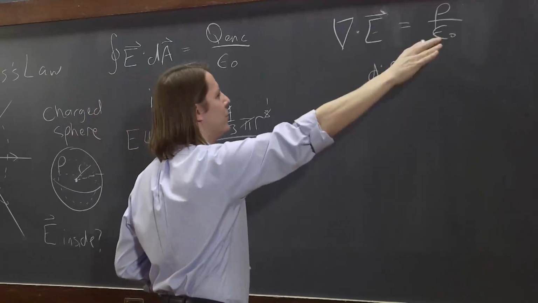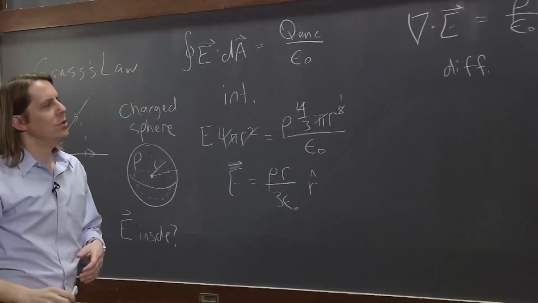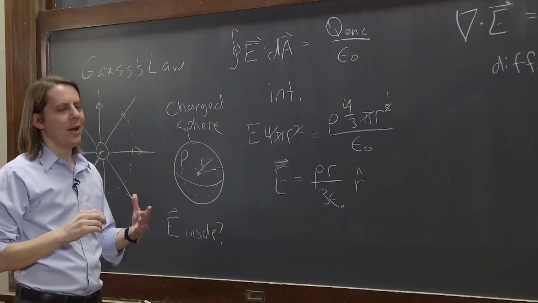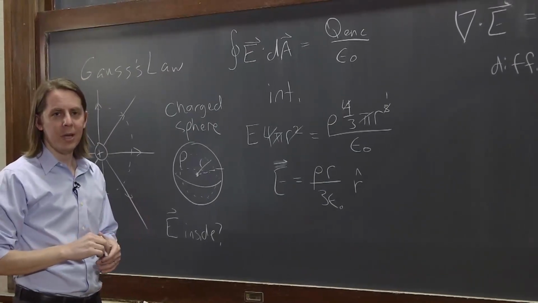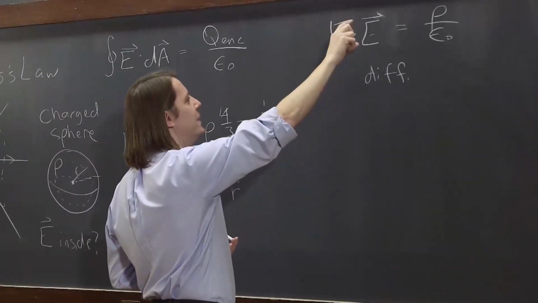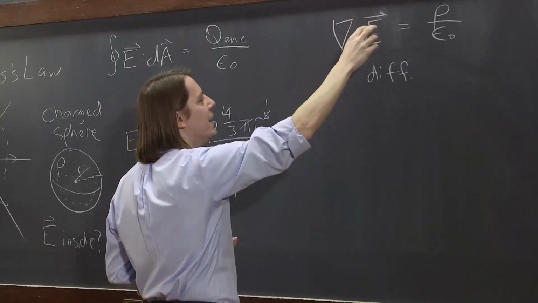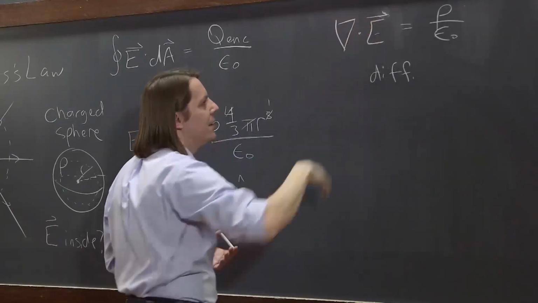Regardless of what coordinate system you're using, del dot E is rho over epsilon naught. But how you write del dot E mathematically does depend on the coordinate system. So in Cartesian coordinates, it was just the partial d dx of the Ex, the function in front of the i hat, and d dy of the part in front of the j hat, d dz in front of